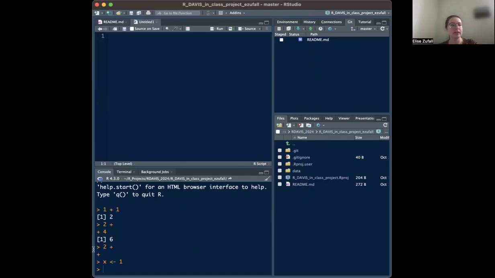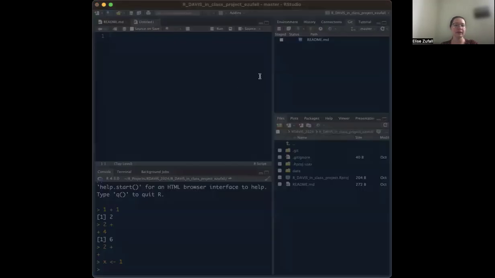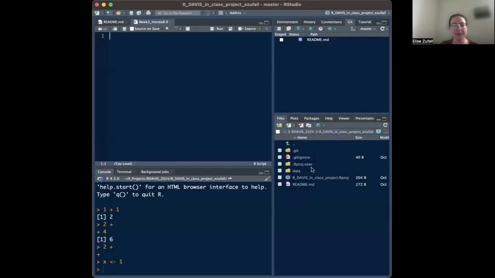So we're going to create a new file. Instead of untitled1, we're going to call it week 2 intro to R. And notice that when we make this file, it shows up in our list of files right there. Okay, so another thing to note is that every time you close